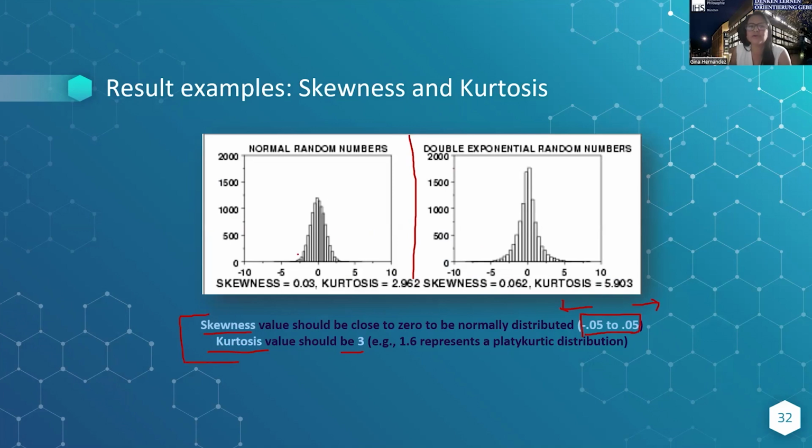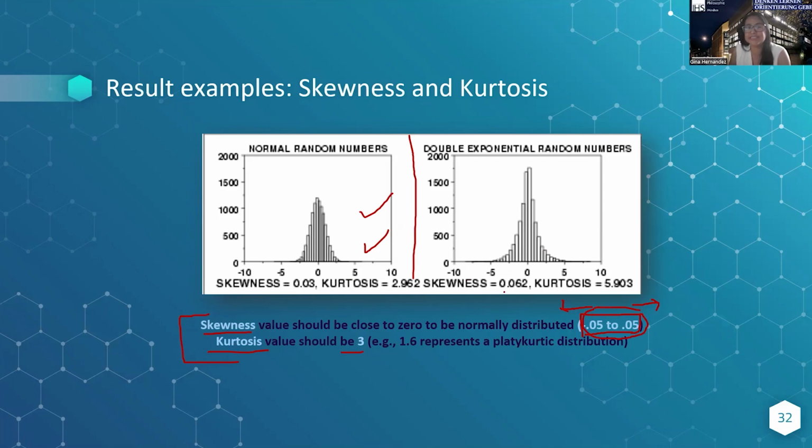Here is a normal distribution, and you can see that the skewness reported is 0.03, which is within the threshold. This means it is not skewed. And kurtosis is 2.96, which is close to 3. This means it is not kurtotic. So this is a normal distribution. In this case,